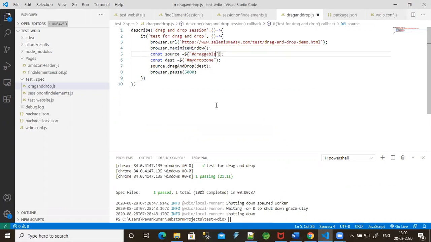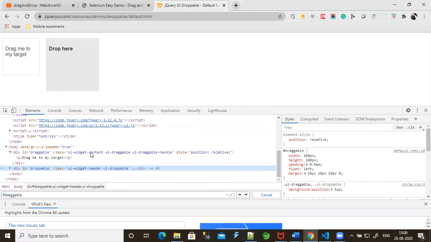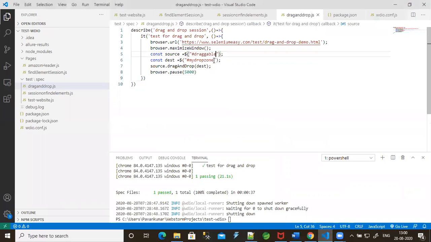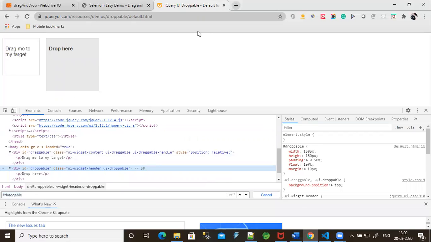Take it as the source, draggable. And it's droppable. I will also take this one as a CSS selector. I need to change the URL. Let me copy this.